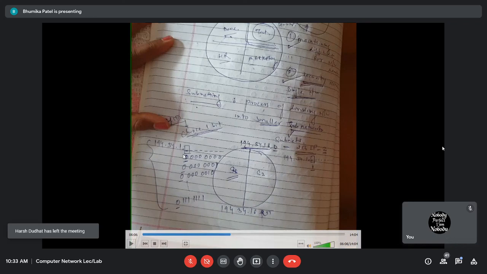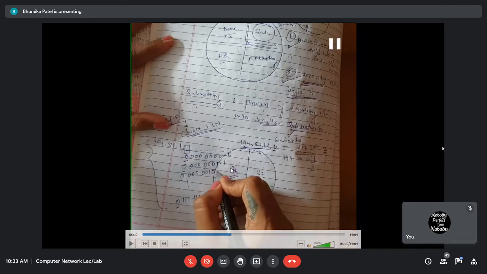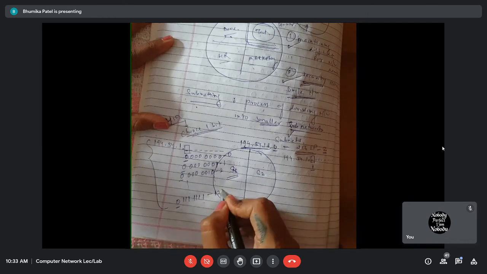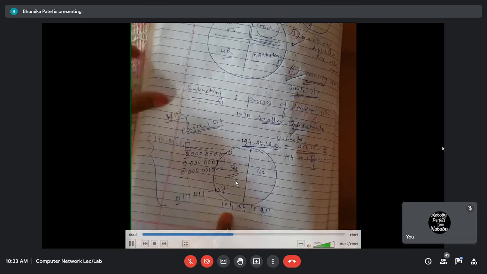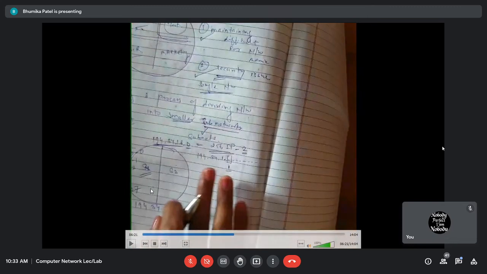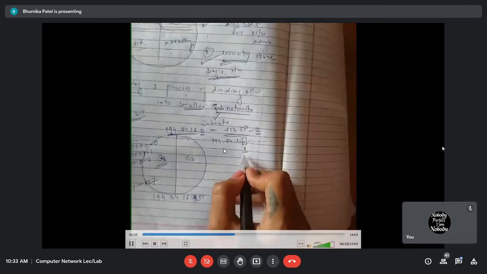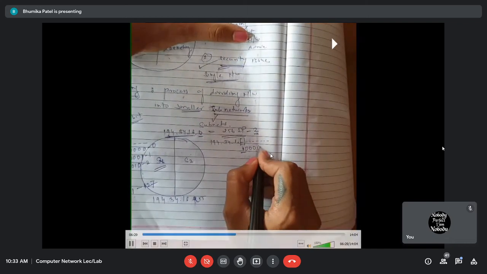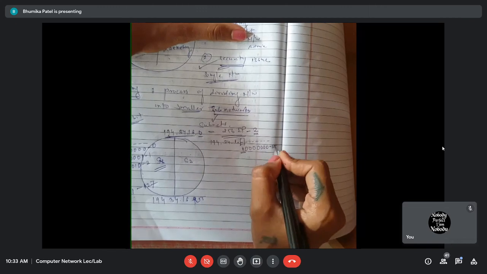Now if you convert these into decimal, that will become the range for subnet 1. How? Convert this 8 bits into decimal. All zeros means 0. Then 7 zeros and the last bit 1 means 1. Then it is 2. And if you convert the last binary into decimal, it will be 127. So for subnet 1, the range will be 0 to 127. For subnet 2, the first bit I have to keep fixed is 1, and all the remaining 7 bits will be 0, because I'm finding the range, so it will be 128.